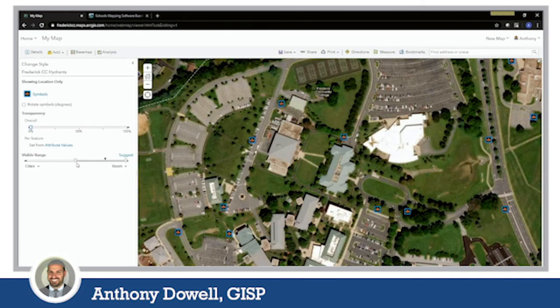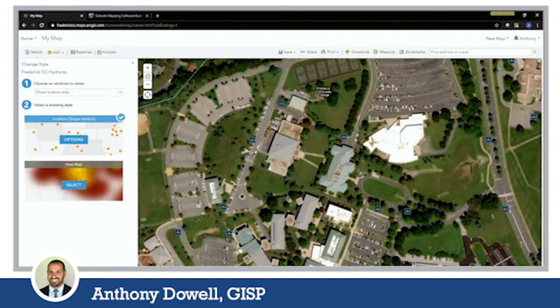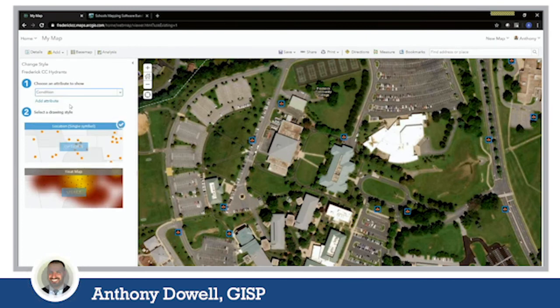So it can be a helpful tool for helping to visualize your data. So I'll just say OK here. Another option is that you can symbolize features based on an attribute or a location. So if I wanted to, for example, show my features based on their status or their condition, I'll go to condition, and